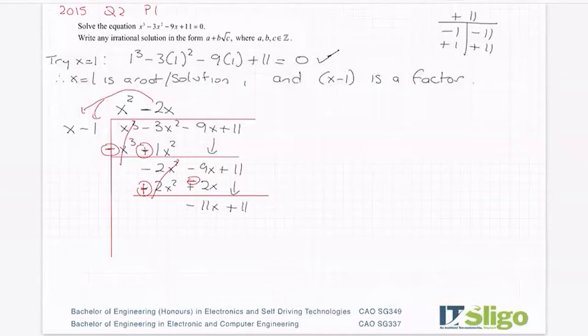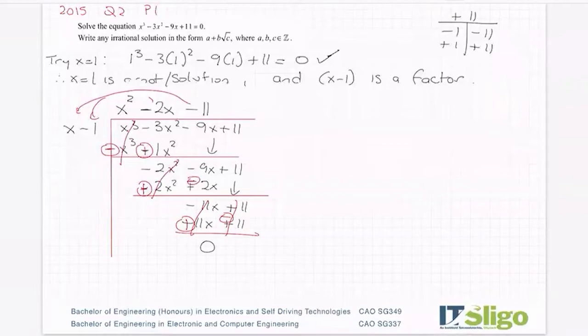Okay, what must I multiply x by then to bring it up to minus 11x? And I'll need a minus 11 up the top. And I multiply that by both bits on the outside. Minus 11 by x is minus 11x. Minus 11 by minus 1 is plus 11. Put a line under it. Change the sign, cancel, cancel, and I get 0. Okay,